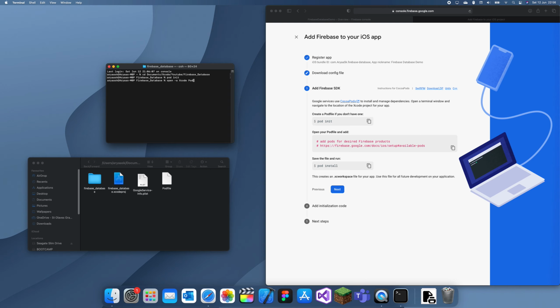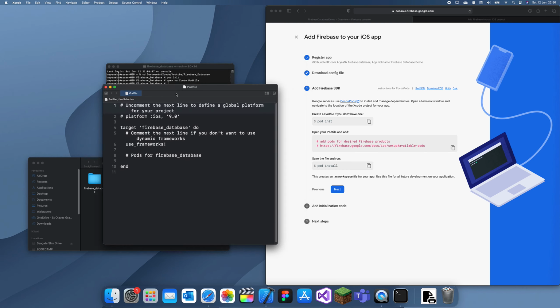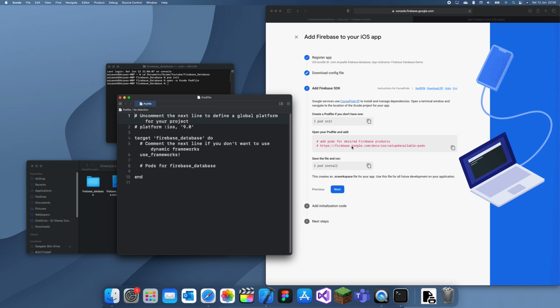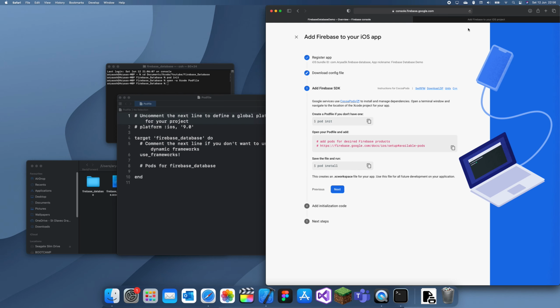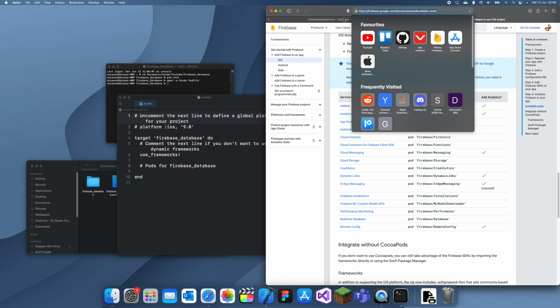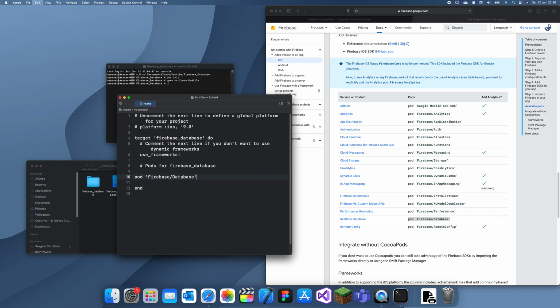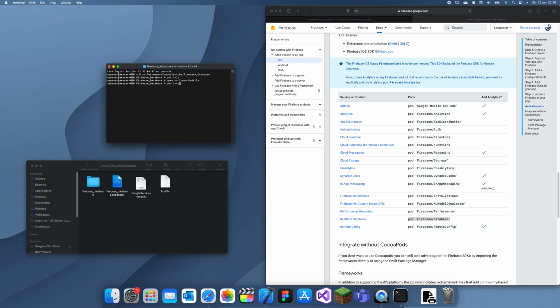Open the Xcode pod file, and now we can add the pods which you want. The way we do that is we can just go here. This is the URL, or it's over here as well. But now we can go into this and select the pods we need. We're going to be using real-time database, so we can just copy Firebase / database. But if you're using more of these, you can just add these in over here. So I'll just copy and paste that in, save that, close that, and pod install